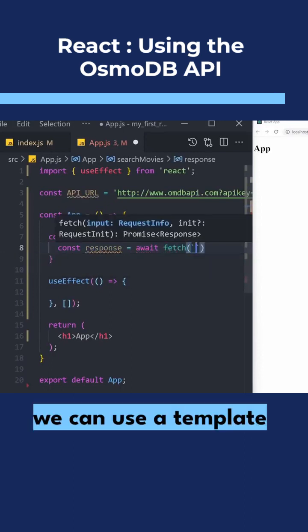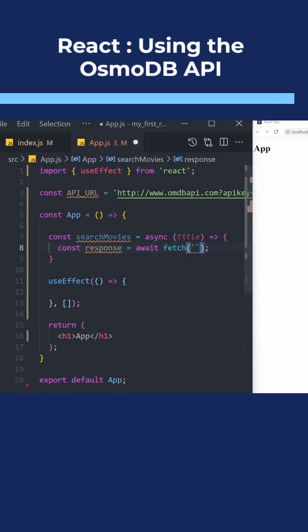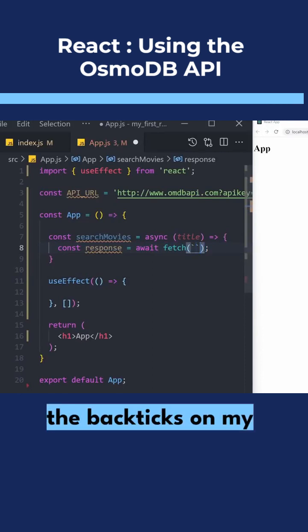And then in here, we can use a template string. You can do that by using the backticks. On my keyboard,